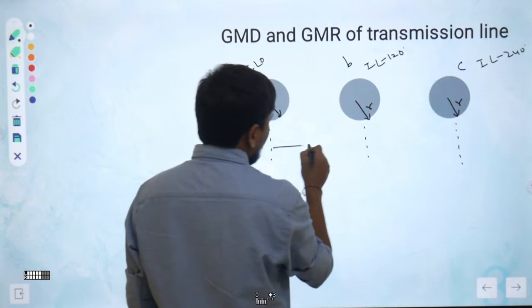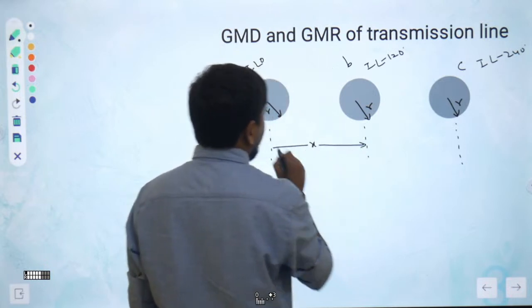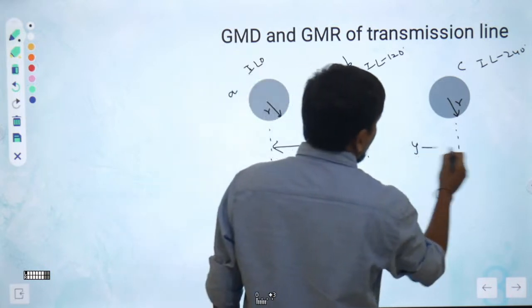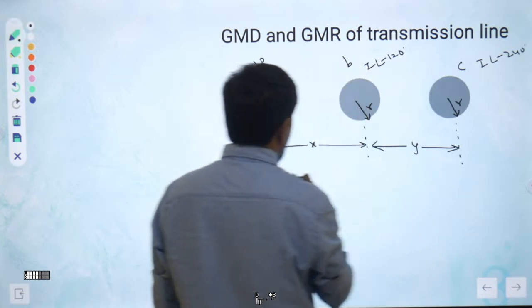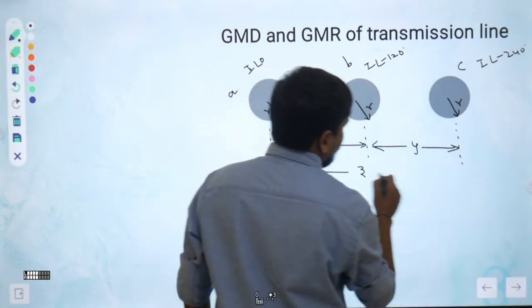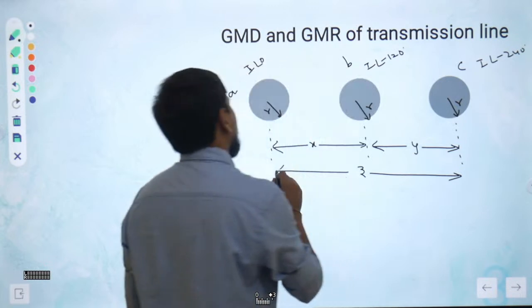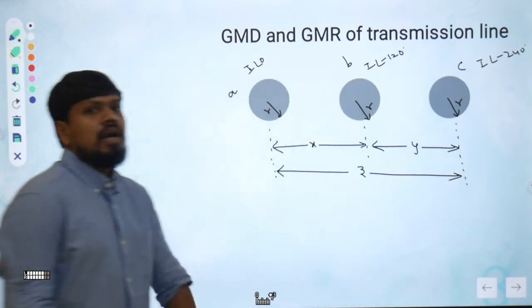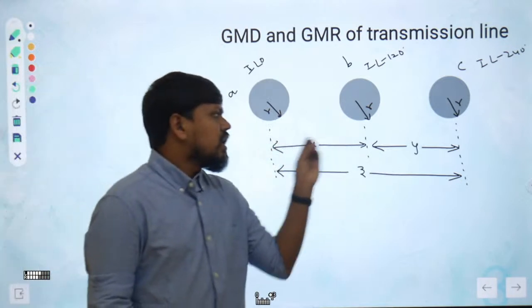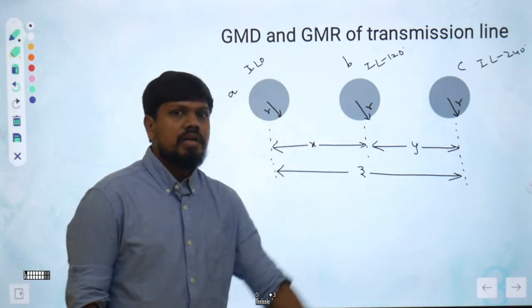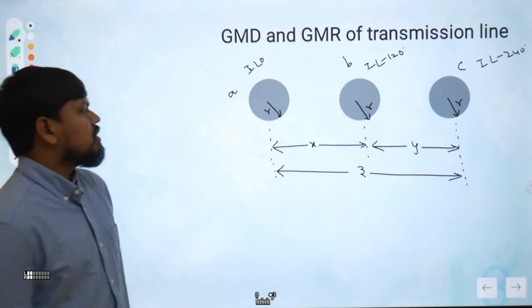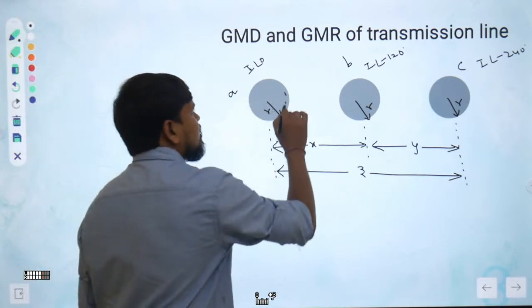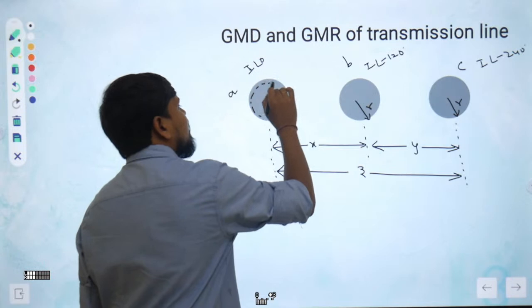This distance is nothing but X we will consider, this distance is nothing but Y we consider, and this distance is nothing but Z we consider. Understanding, right? So these are all the three conductors we have, which are separated at a distance X, Y and Z only. Now you see there will be flux linkages on this one,